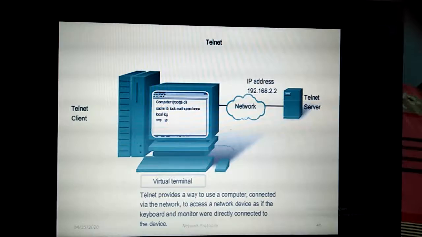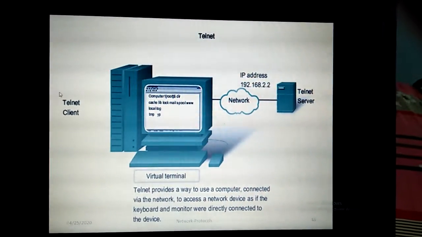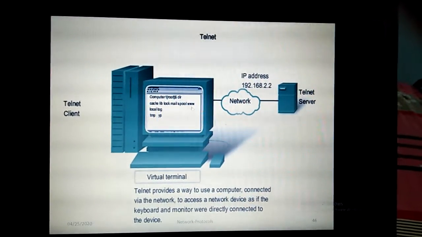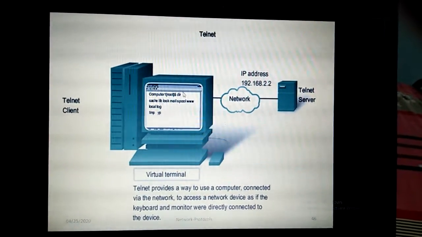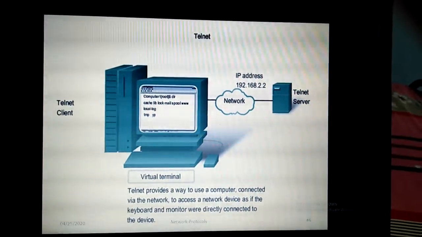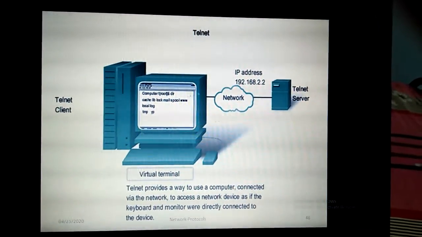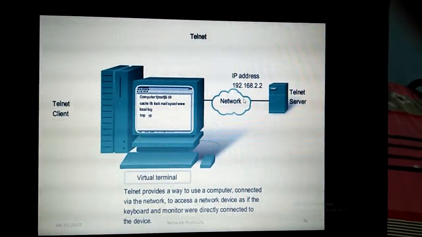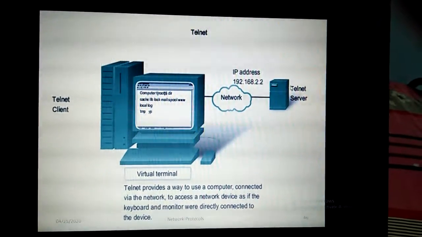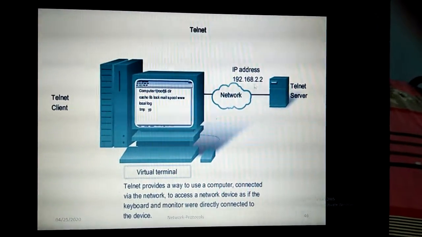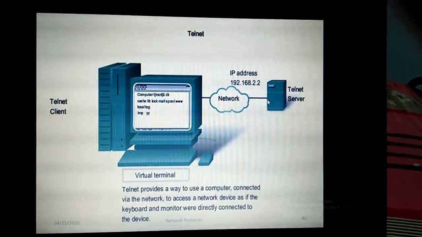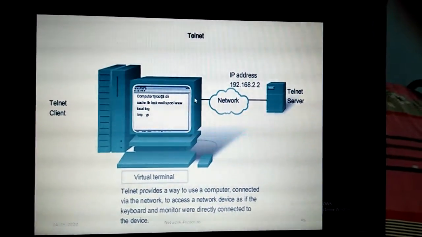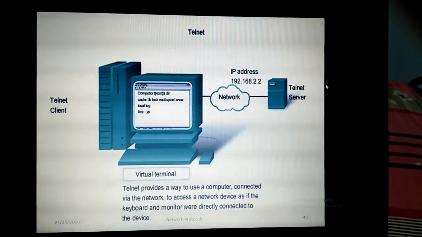So here you can see it in a diagrammatic way. So telnet client here. You are using this computer in order to access the remote machine. So how is the remote machine going to be accessed via your computer? You need to establish a connection with the help of the IP address of that remote machine. For that, the telnet server is helpful for you. So through the internet, your client is connected with the telnet server.